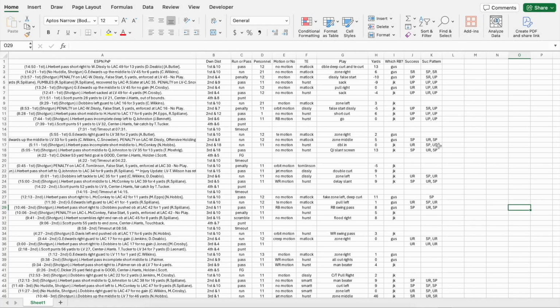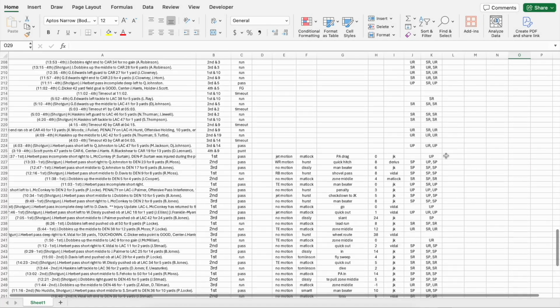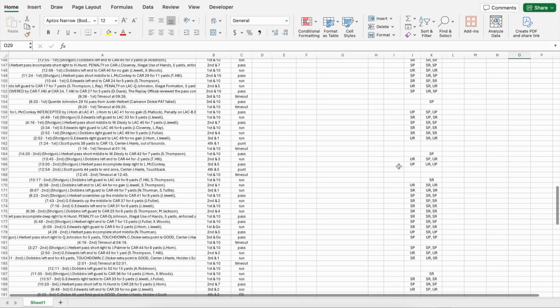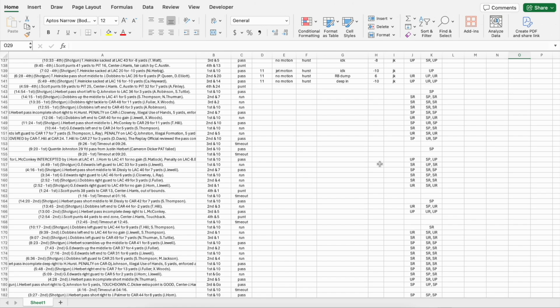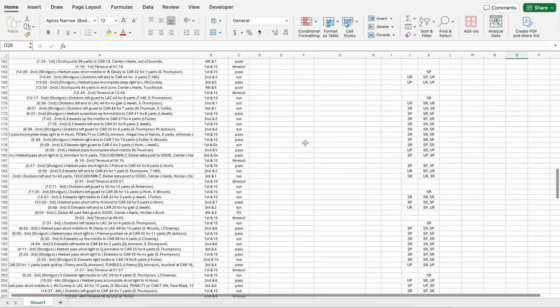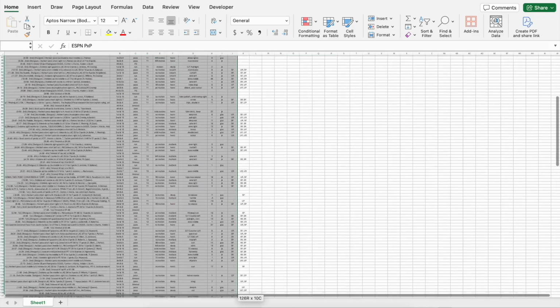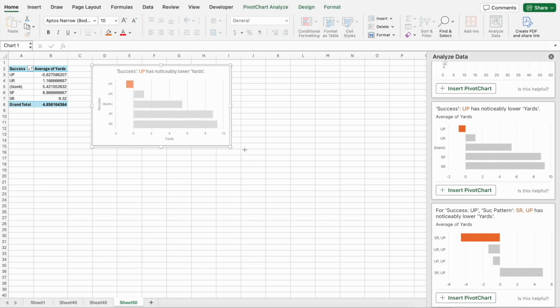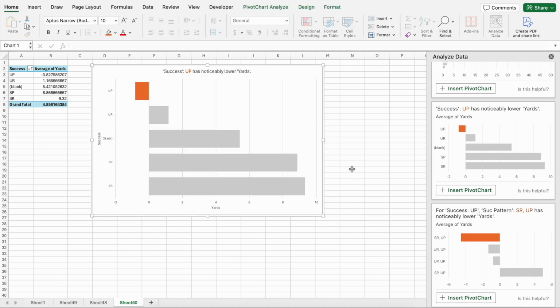Okay, so I went through and charted most of our games, except for the Panthers, but I do have some of that information on whether a pass was successful or unsuccessful, as well as runs. I did the Raiders, the Steelers, and the Broncos. So when I clicked on Analyze Data, an unsuccessful pass has noticeably lower yards than